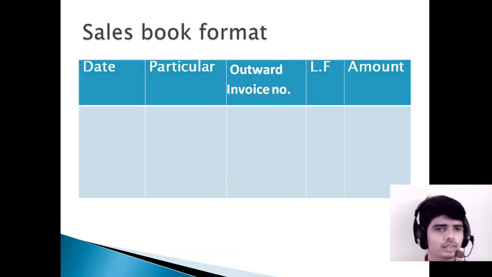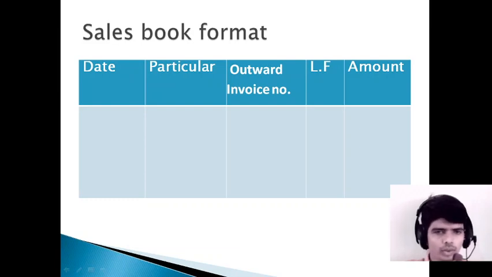Let's go to the next. This is a sales book format, everyone needs to remember. As I discussed in the previous slides, the sales book has the same date. The first column will be the date, the second one will be the particulars, and the third one is the outward invoice number.